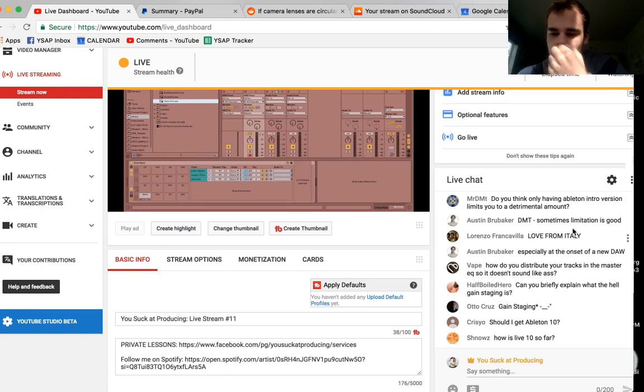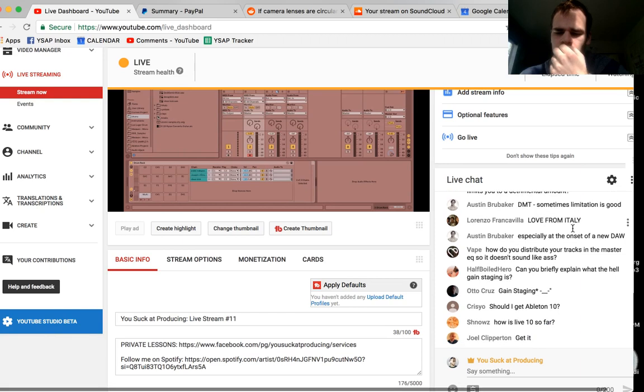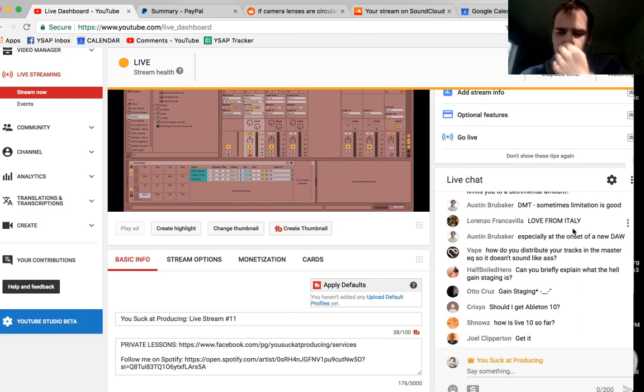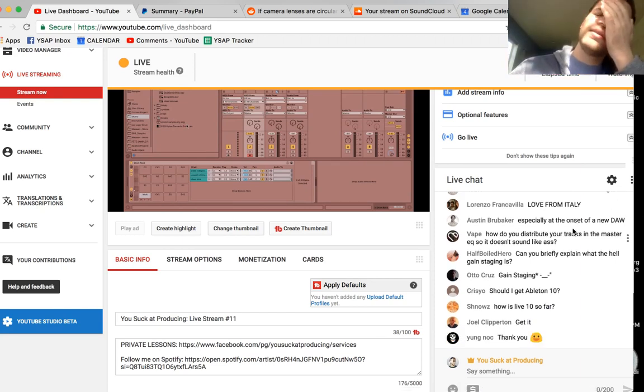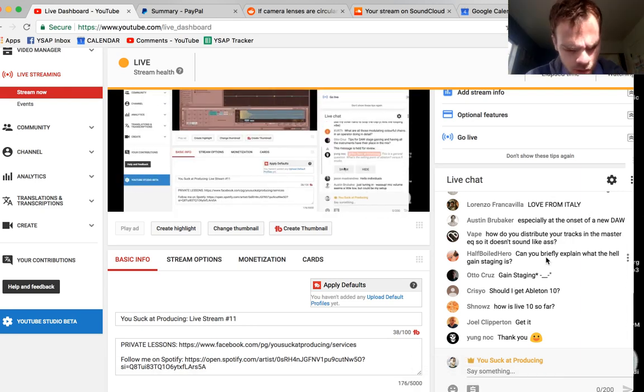How do you distribute your tracks in the master EQ so it doesn't sound like ass? I guess I don't really know what that means. What do you mean by distribute? Can you briefly explain what the hell gain staging is? From my understanding, gain staging is kind of